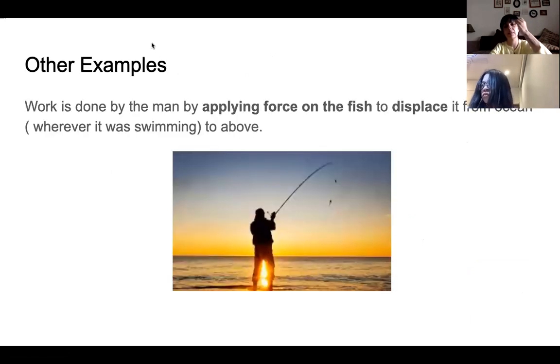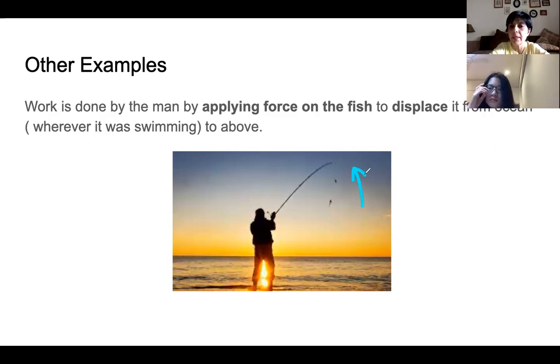Let's look at some of these examples, Marissa. This man's fishing out here. Can you tell me who is applying the force here on the fish? The man. And what kind of force is he applying? Is he pulling or is he pushing? He's pulling. So the force applied is in upward direction,